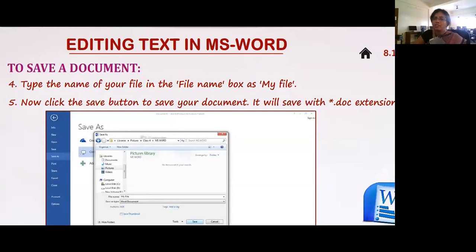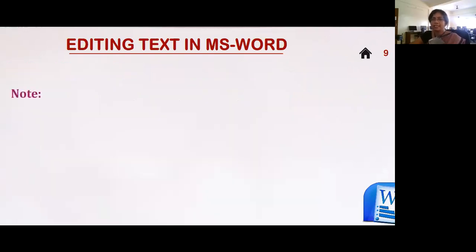So whenever you write a particular name of your file, now what did I save? I saved it as class 4. So it will be class 4 dot doc. Looking at the dot doc, I can make out that this is a Word file. It is not a PyWord animation. You remember what we were saving for PyWord? It was .piv, right? Now let's go towards the next.